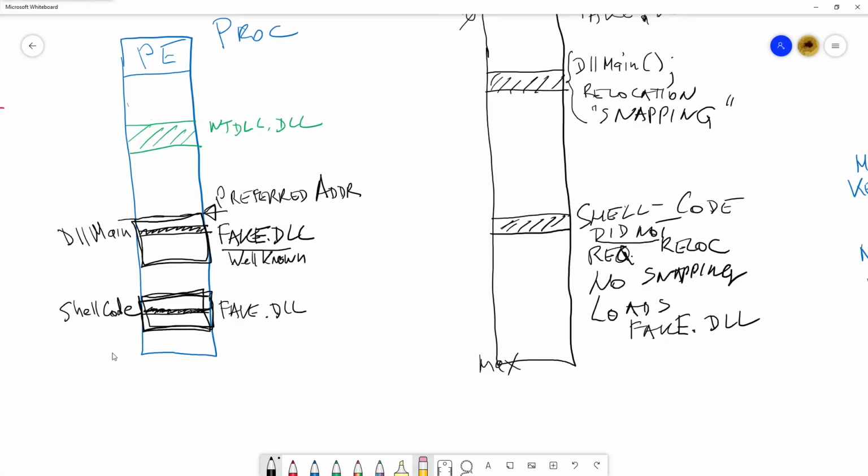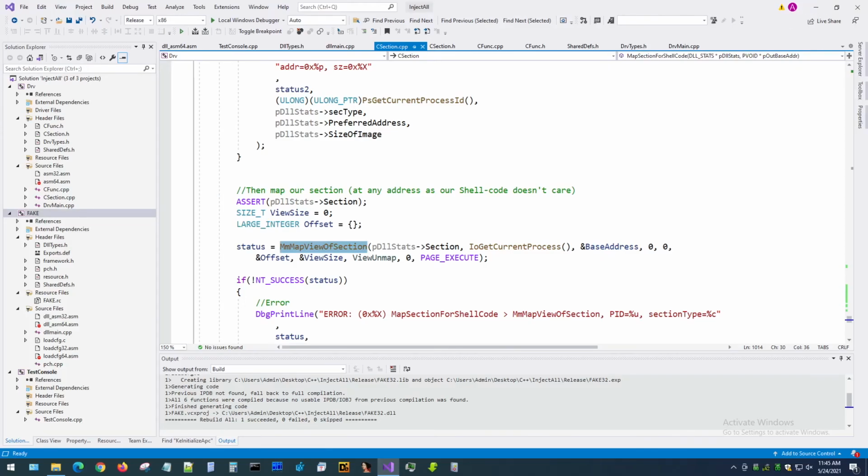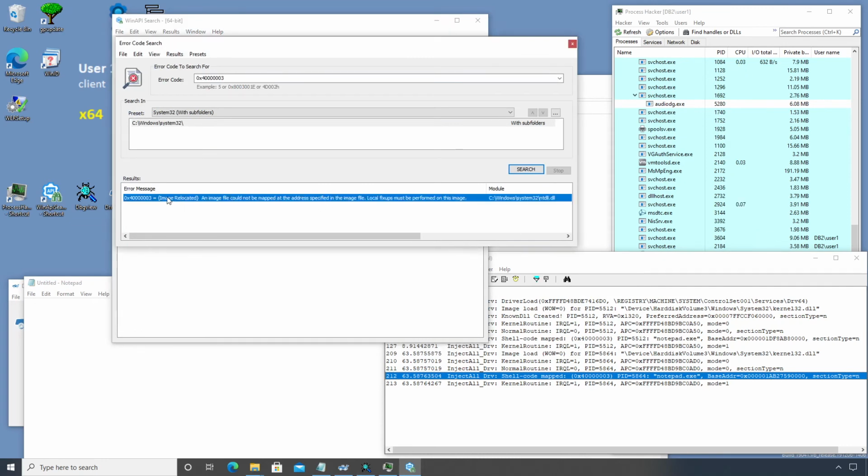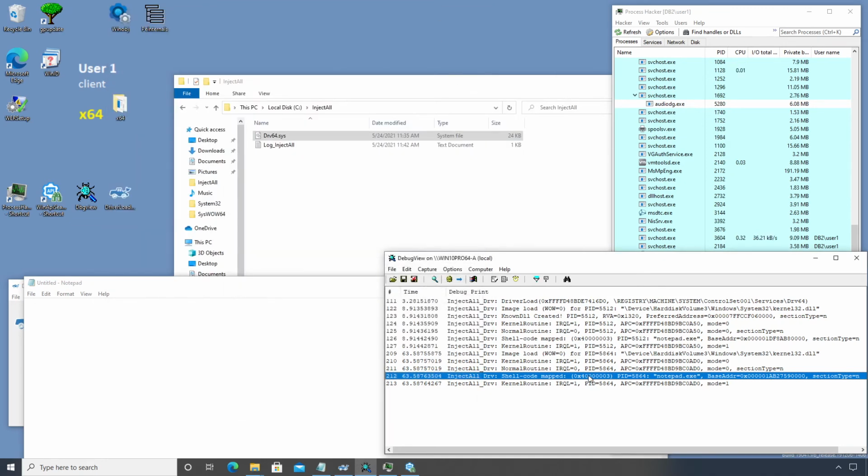Well, it was this situation when we put some bogus memory here, and we wanted to map our DLL. Well, it didn't use the preferred address. And that's exactly what this error message means. So this 4000 blah blah blah 3 is what we needed. Okay, and then we got our kernel routine